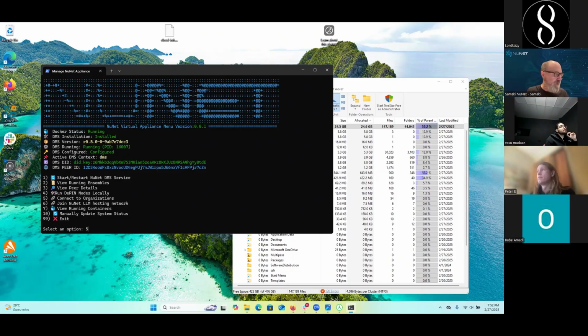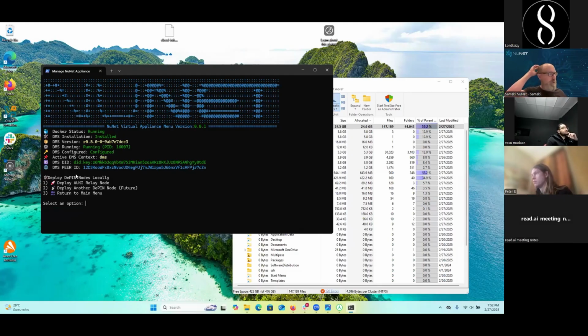So if we go and have a look here, before we do that, there's also this option to run DePIN nodes. What we're aiming for here is to partner with lots of other DePIN projects that want people to run nodes for them, and help them lower the barrier to entry, so people can just fire this up, come in here, select which type of node they want to run, and then spin it up, going through a process that talks you through